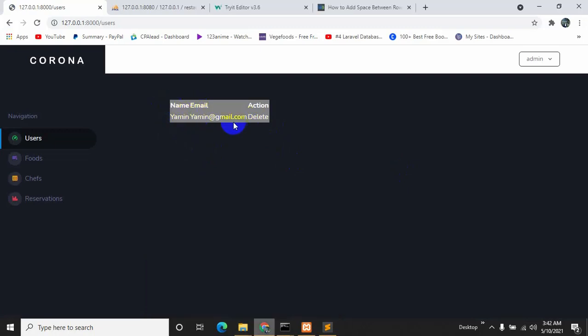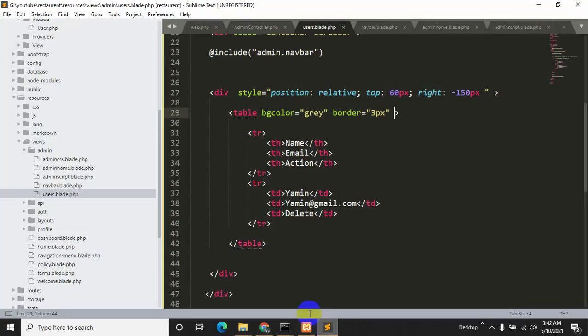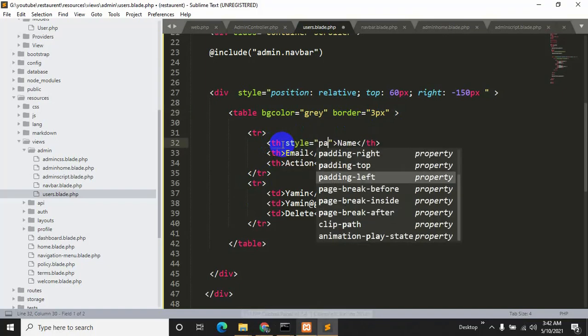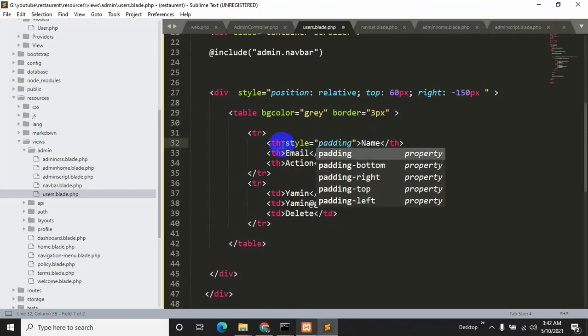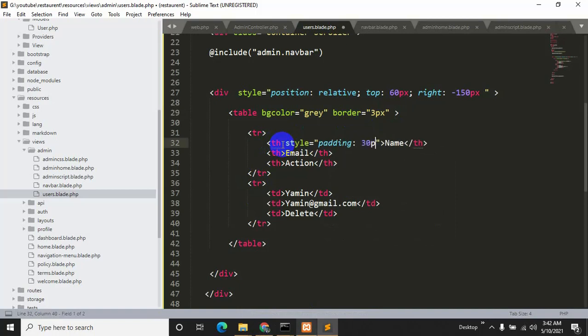It looks good, but they are too close to each other, so let's add some changes. Let's just add a style over here. We'll say over here padding. Padding, let's say it will be 30 px. So let's just copy it, Control C, and paste it for email and for action as well.